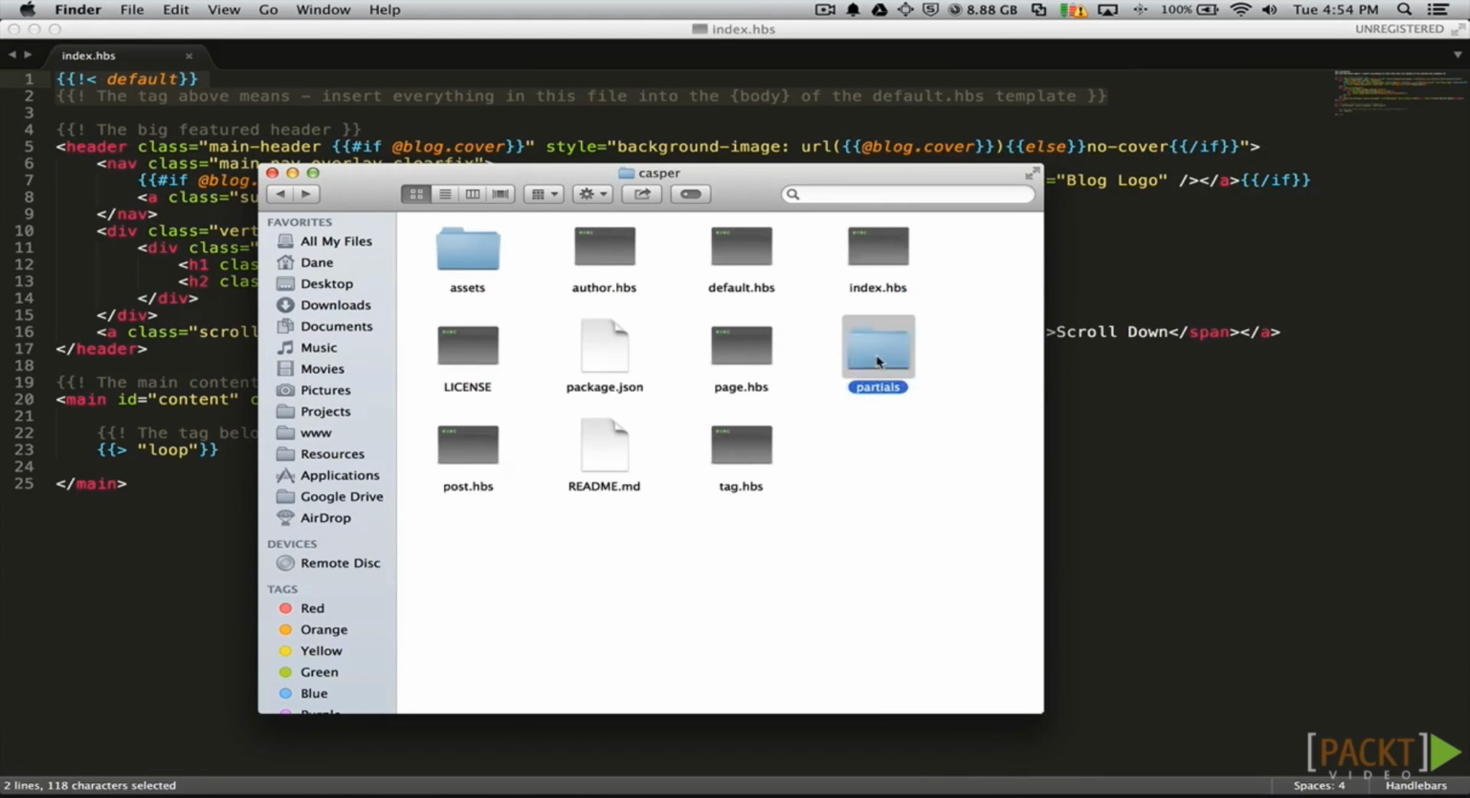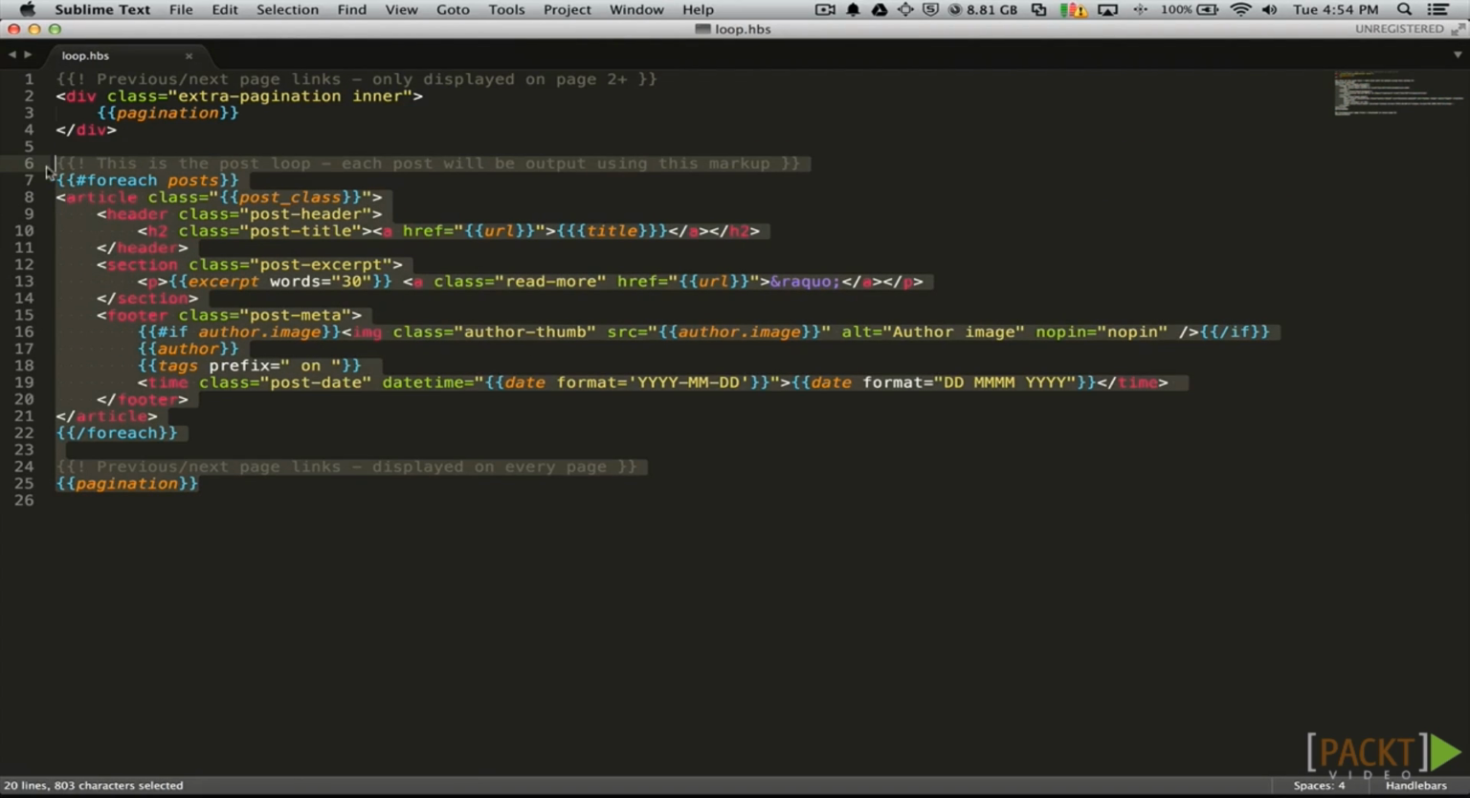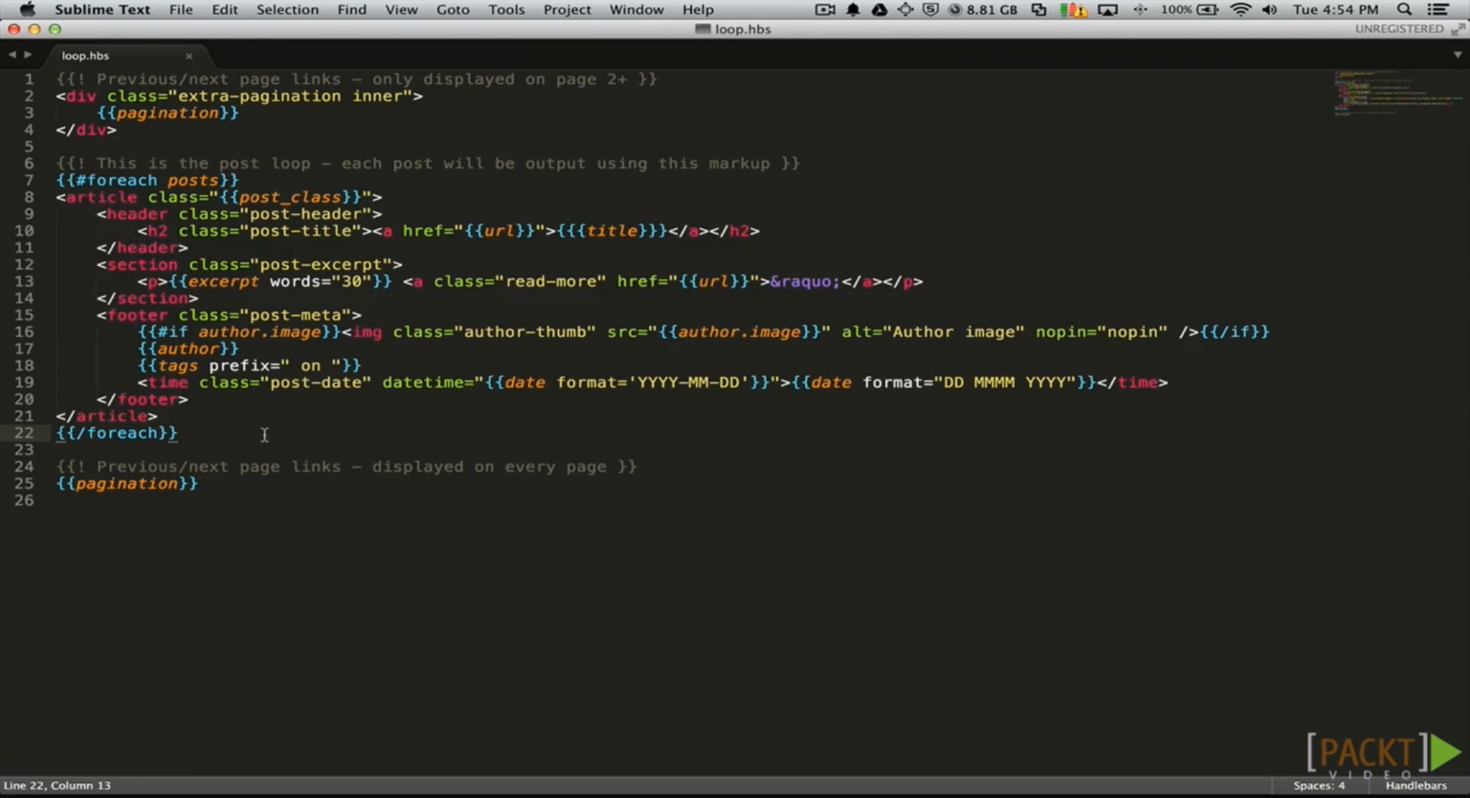Let's open partials and loop.hbs to learn how it works. The for each handlebars expression loops through and outputs the code in between for every post. Inside of the loop, we have access to post variables like the URL, title, and post excerpt. So with a few basic handlebars expressions and some good old-fashioned HTML and CSS, we have the makings of a